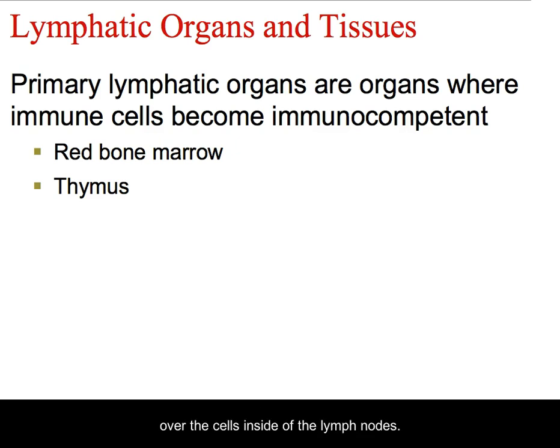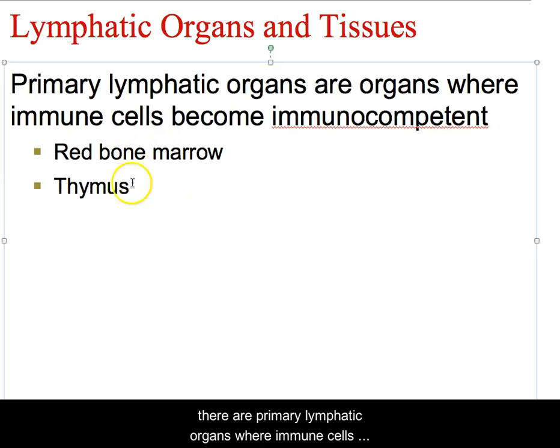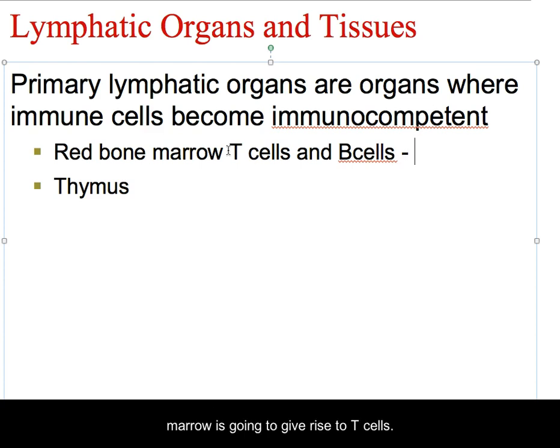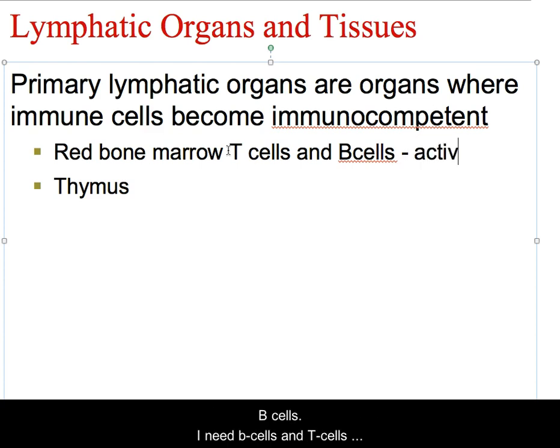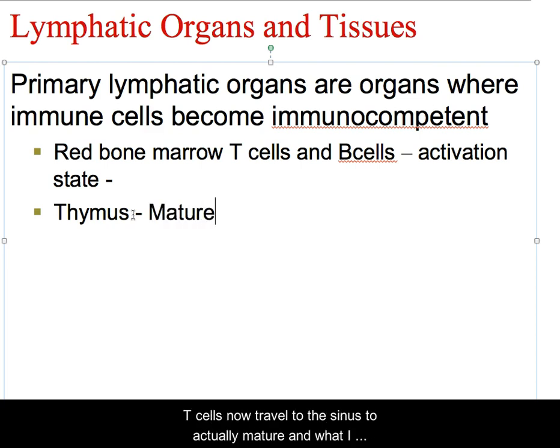A moment ago, I told you that the lymphatic organs and tissues, there are primary lymphatic organs where immune cells become immunocompetent. And what I mean by that is, imagine, if you will, Mother Nature ensures that red bone marrow is going to give rise to T cells and B cells. And these B cells and T cells have to get to a specific activation state. Then they're going to move someplace else. So they leave the bone marrow, and imagine T cells now travel to the thymus to actually mature. And what I mean by that is they're going to